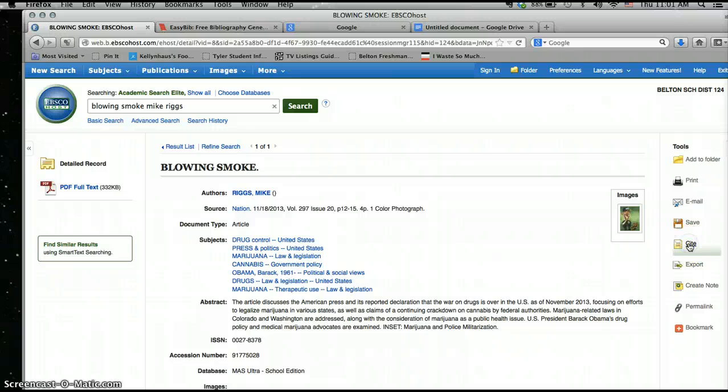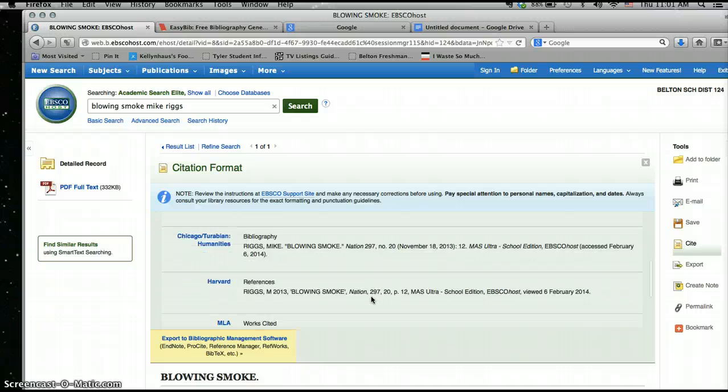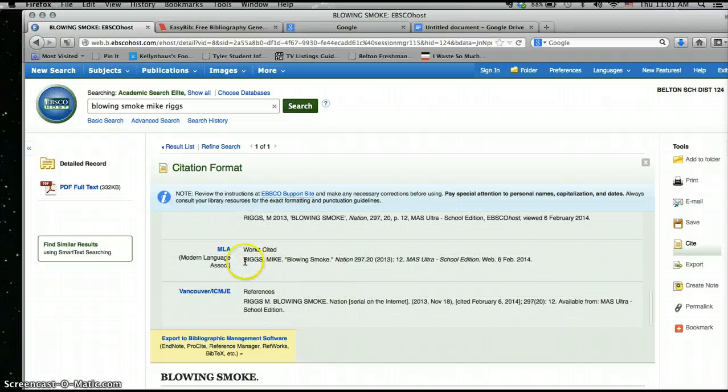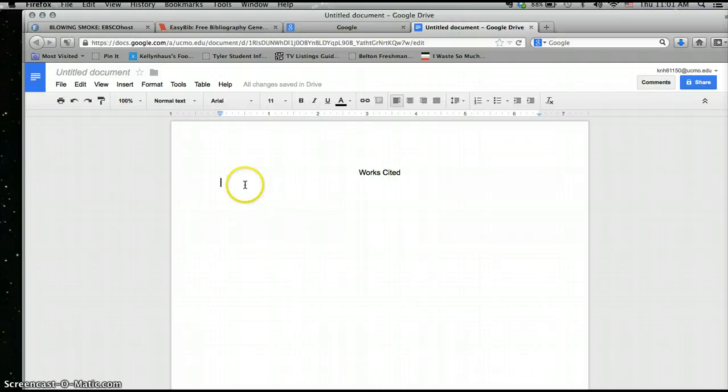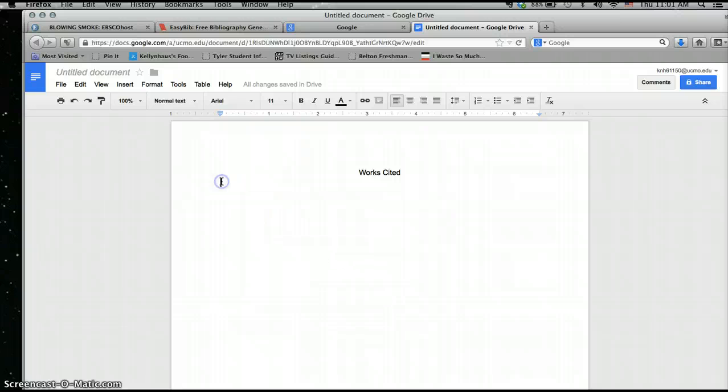Okay, so I'm going to open it up, and then over here I'm going to go to Cite. Now, the nice thing about EBSCOhost is it already cites it for us. And we are using MLA, which stands for the Modern Language Association. And then all I need to do is just copy it right here. Copy, and paste it right into my document. And it's Command V when you are using